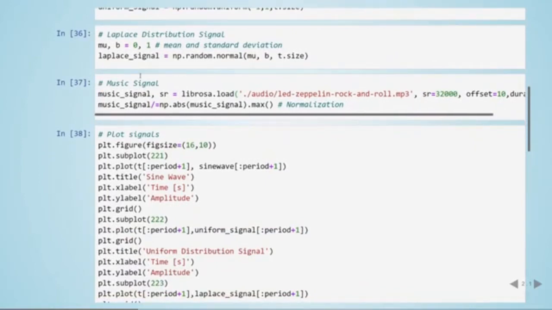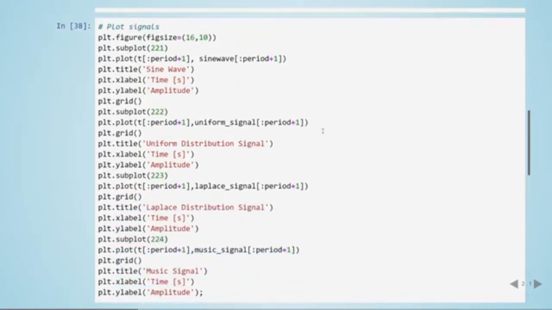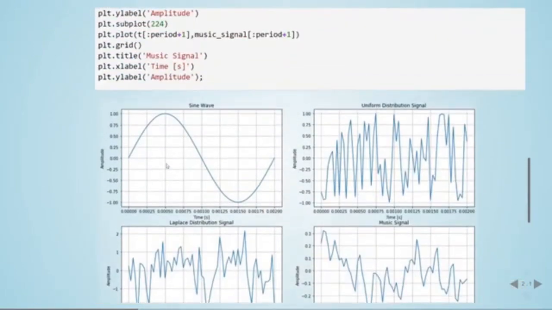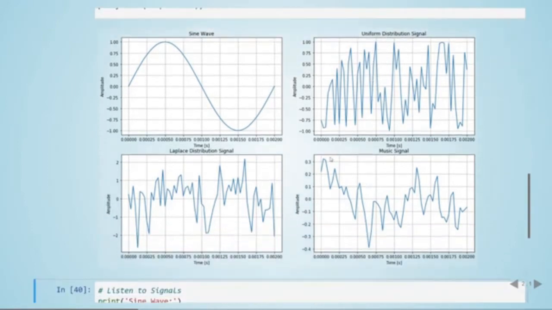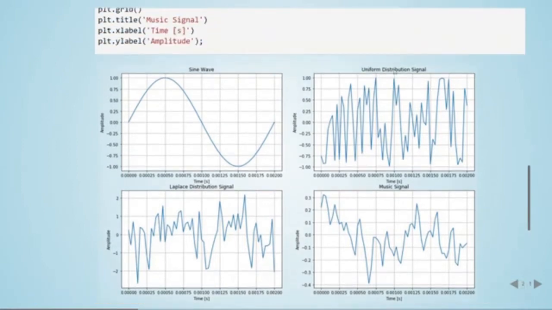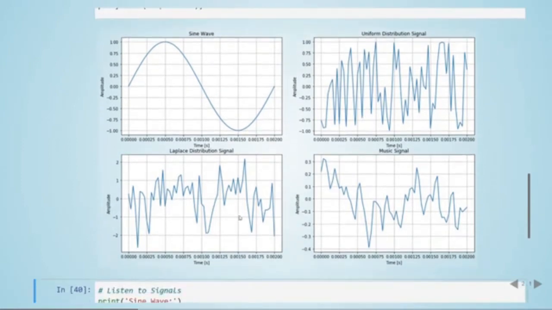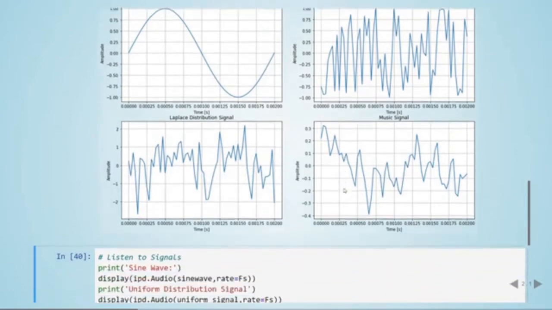So this is this classic rock song from Led Zeppelin, Rock and Roll, and here I'm plotting all the signals. So we have one period of a sine wave, and I'm just plotting the equivalent time of one period of a sine wave for all the signals. So here is the uniform distribution signal, here is the Laplace distribution signal, here is the music signal, and here